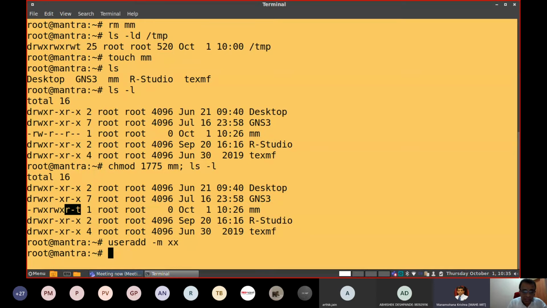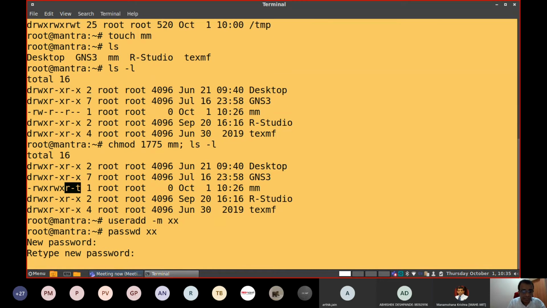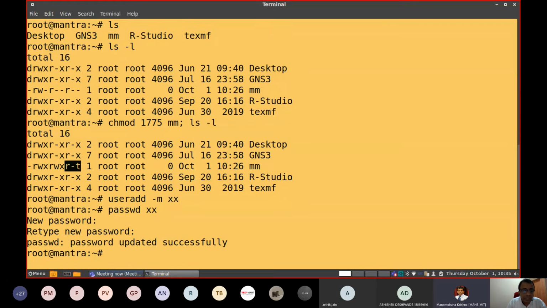Then I can set a password with passwd xx. I set a new password for xx. Now one user account is created and a password is also given to it.